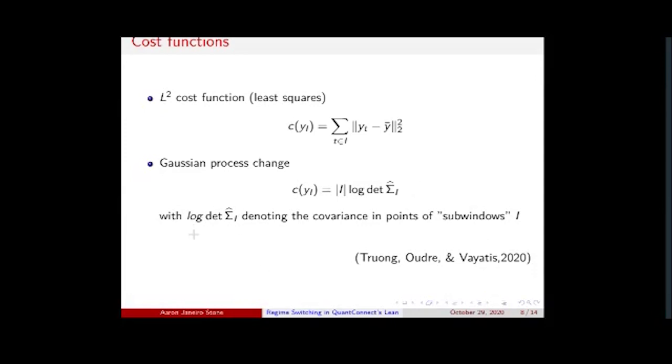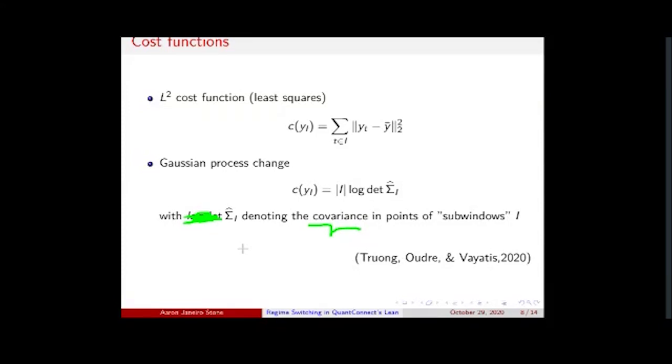But the gist of it is this log of the determinant of the covariance matrix. It shouldn't say the covariance in points; it should have said the log determinant of the covariance in points. So let's ignore this, with sigma denoting the covariance